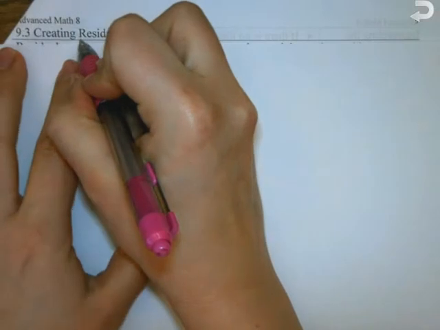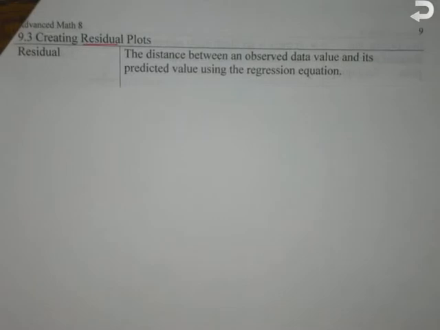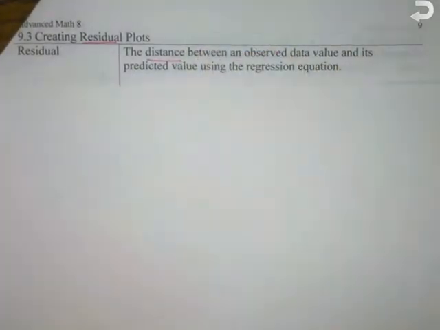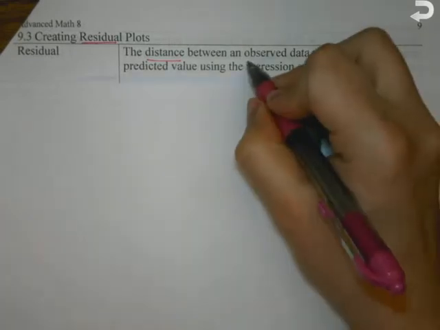That's how you pronounce that word. Everybody say it with me. Residual plots. Okay? So what the heck is that? A residual is the distance between an observed data value and its predicted data value